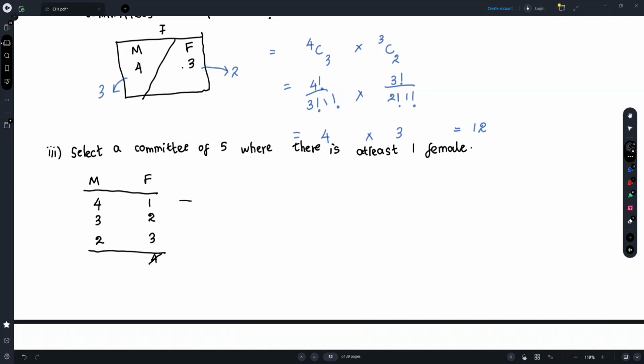Now you have to figure out how many possible ways that you can create a committee with 1 female, 4 male. So this will be 4 choose 4 times 3 choose 1. Right? Next one, 4 choose 3 times 3 choose 2 that we already found. The other possibility, 4 choose 2 times 3 choose 3. Right? So this is going to be